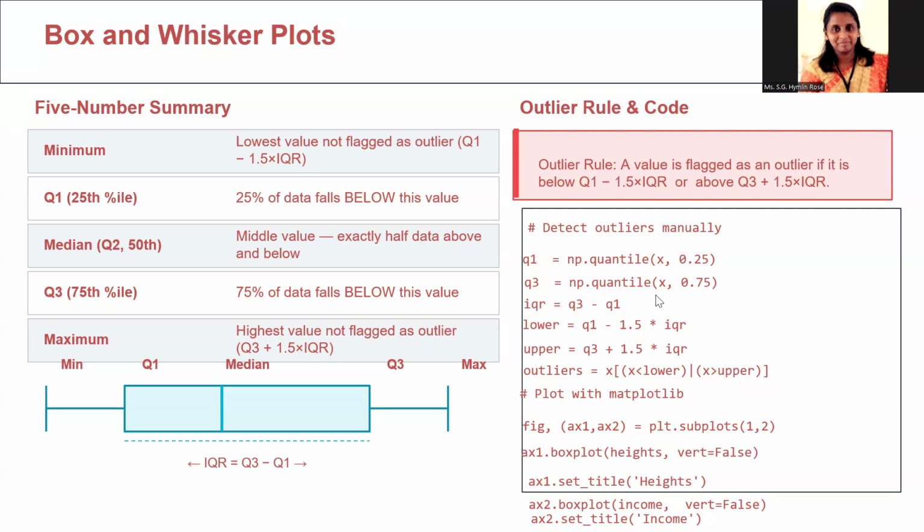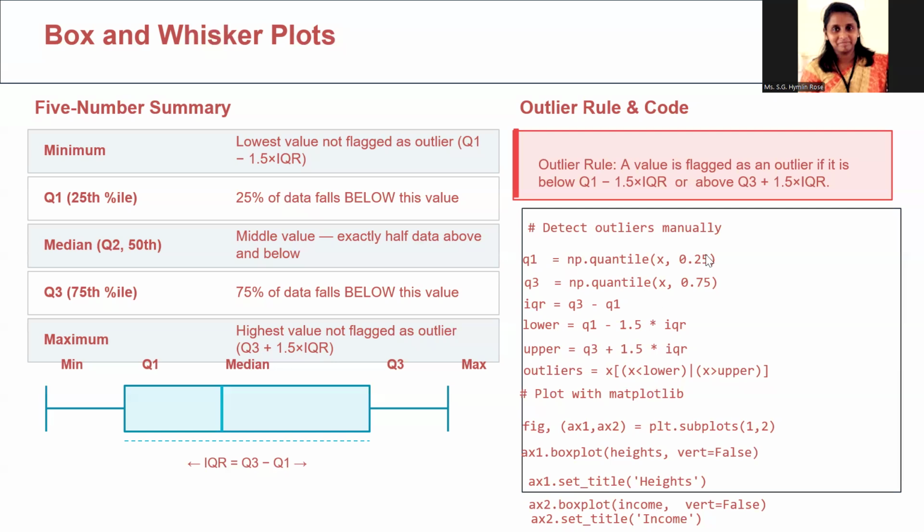For a normal distribution, the 1.5 times IQR rule flags approximately 0.7% of values as outliers, a reasonable balance between sensitivity and specificity for outlier detection. So we chose the 1.5 times IQR rule. This is called Tukey's fences rule, introduced by